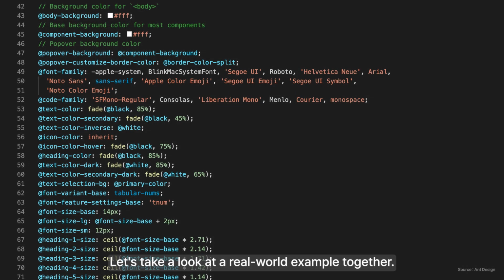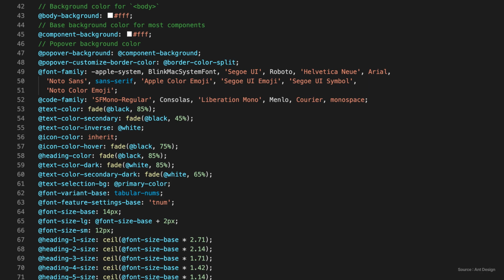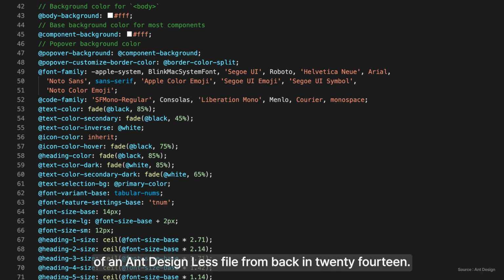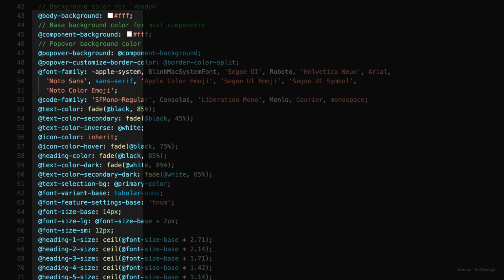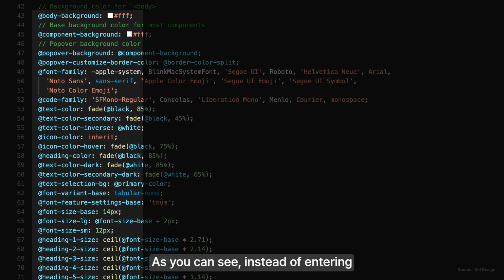Let's take a look at a real-world example together. This is a screenshot of an Ant Design Less file from back in 2014. This is what design systems looked like in the early days. As you can see, instead of entering color codes directly into individual components, variables were collected and managed in a separate file. If you look at the left side of the code, you will see a structure where the @